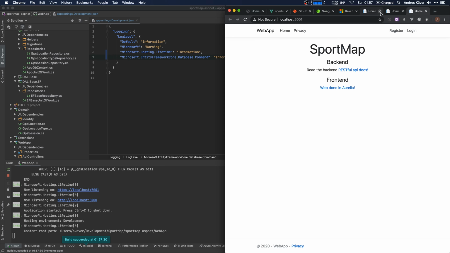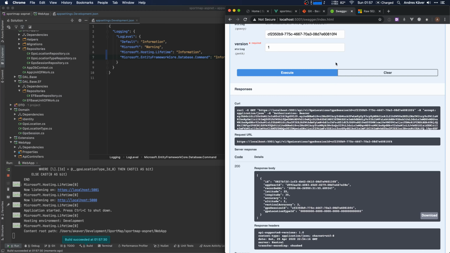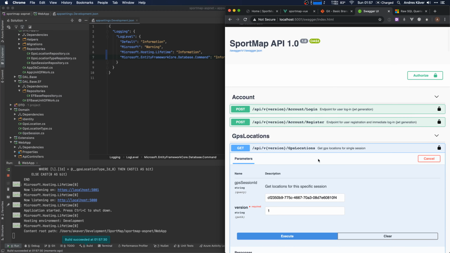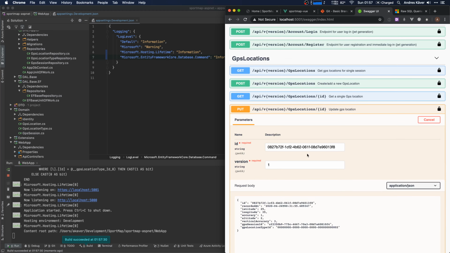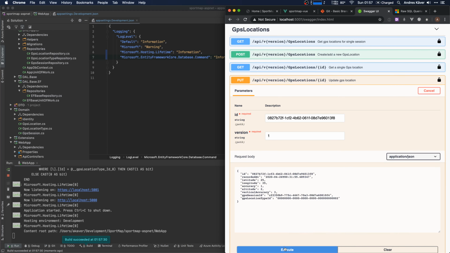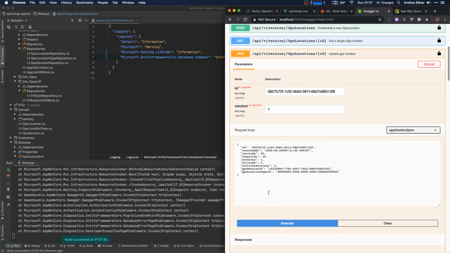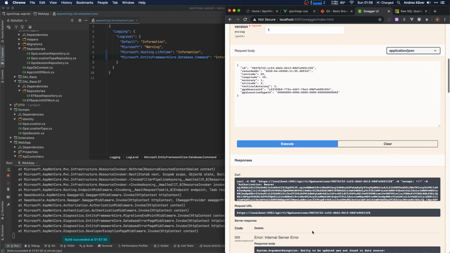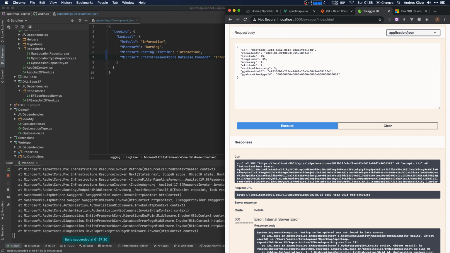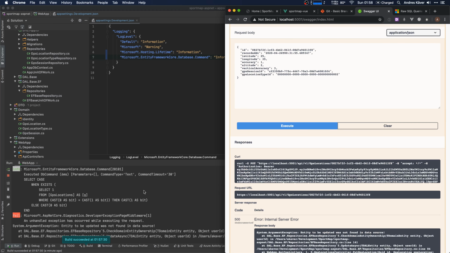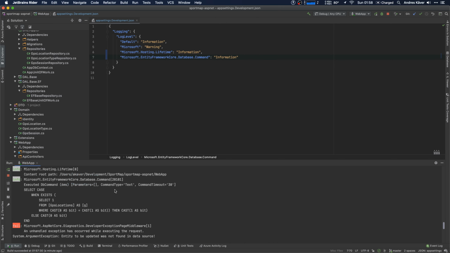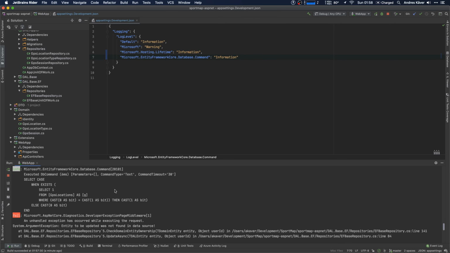Okay. So what I want to do here is the update. So let's execute it. And I got my exception. So it's still: entity to be updated was not in the data source. And this is the SQL that fails. What's this? Cast 0 as bit equals cast 1 as bit. So it's always false,